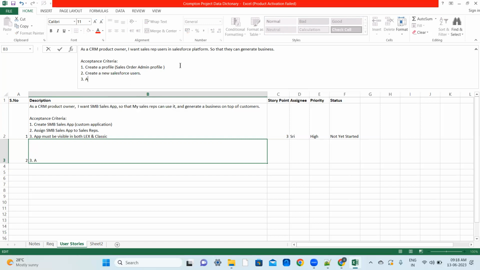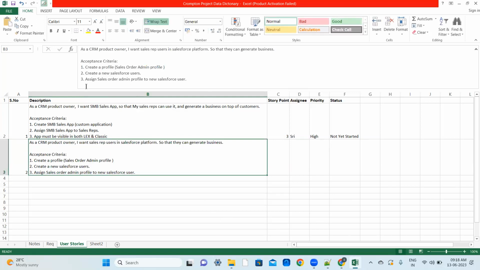Now assign the sales order admin profile to the new Salesforce user. New Salesforce user. Right? So this is the information I'm giving. Based on that user story, I have been creating the requirement here, saying